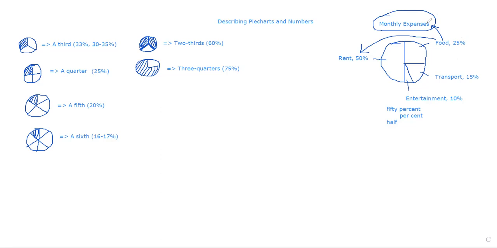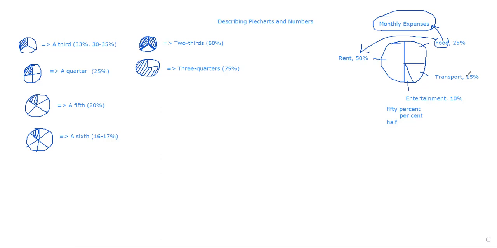Yes, sir. Okay, so you can say, according to the pie chart, or in addition, you can say food makes up a quarter of the monthly expenses. In addition, it accounts for half of the rent. ফুডটা হলো মাসিক খরচের 4 ভাগের 1 ভাগ, কিন্তু রেন্টের অর্ধেক।